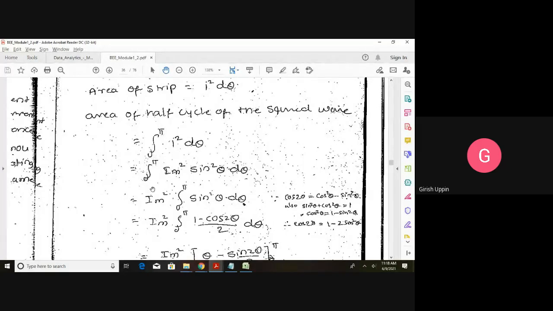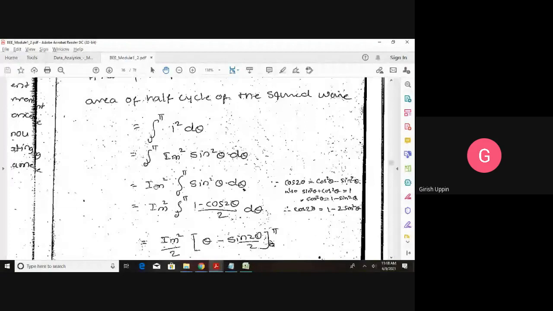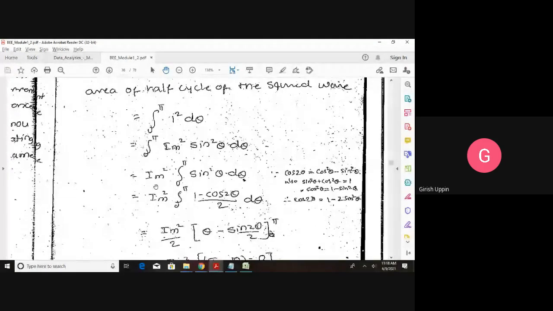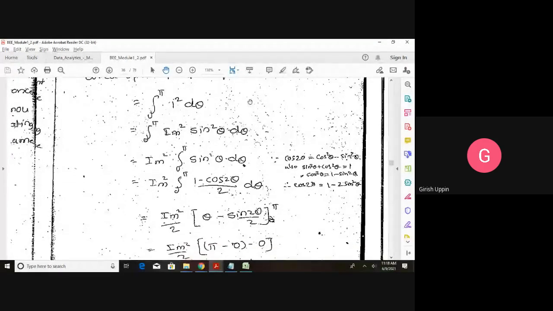Simplifying, I is nothing but Im sin theta, therefore Im square sin square theta d theta. Im square is constant, so it will come out. I have the integral from 0 to pi of sin square theta d theta,